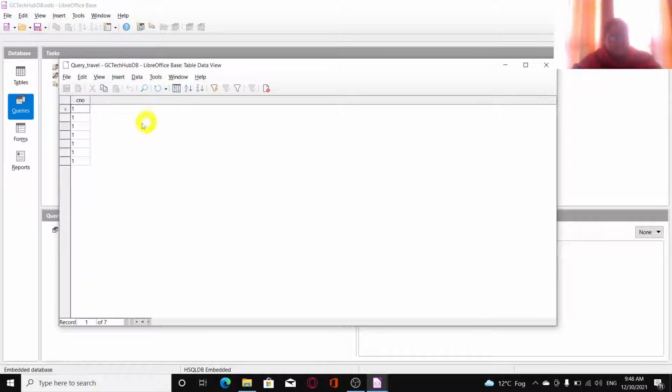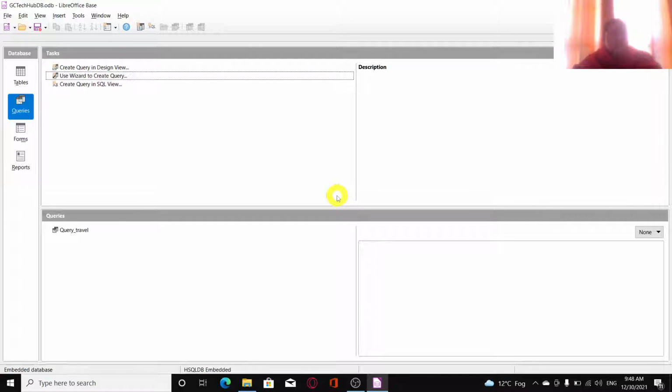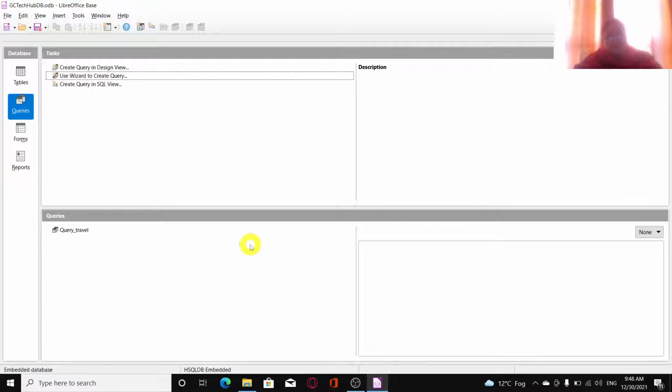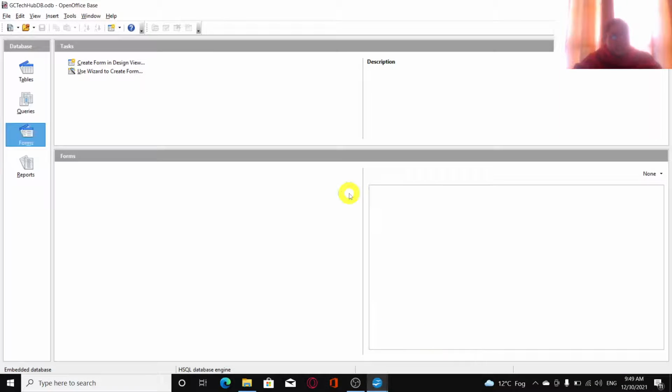And now you can see over here that it just counts the records in the manner which we don't want. So many things are not possible with query wizard. We have to ultimately work on the query design in order to apply those. So I'm going to close this, and we are again going to switch back to our OpenOffice. So we are back again.